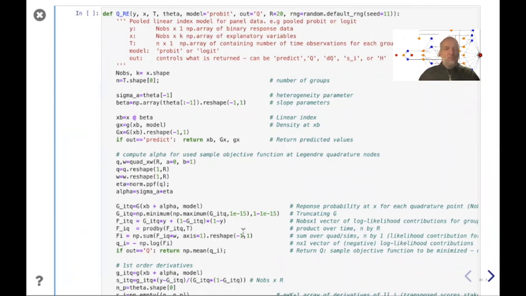So here, everything is the same as before. This is like the objective function for the random effects model. You may want to switch back to the previous video when I went for the pooled probit model. Here it's the same thing. We do a little bit of work